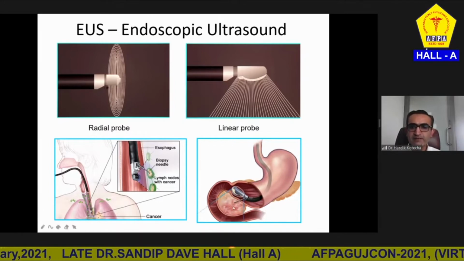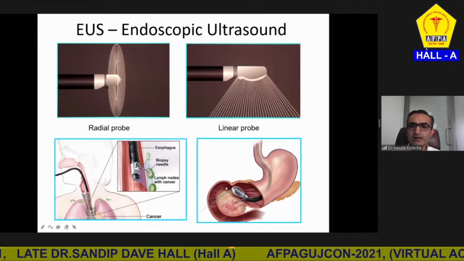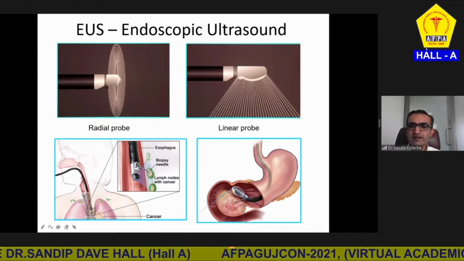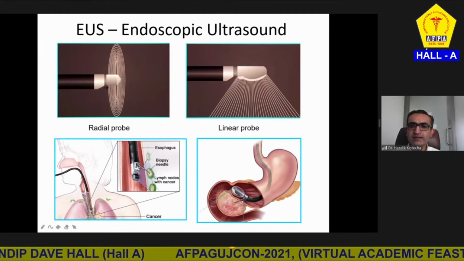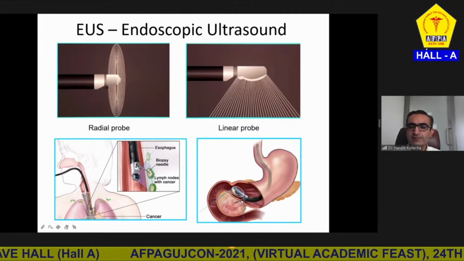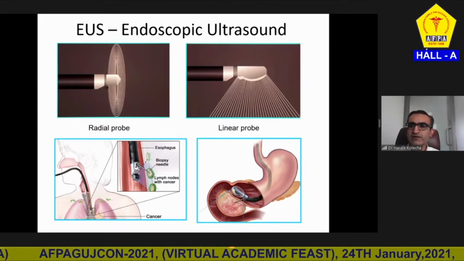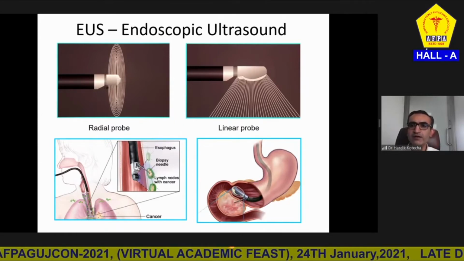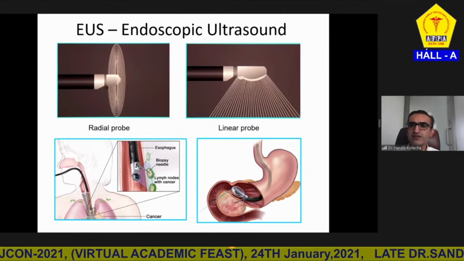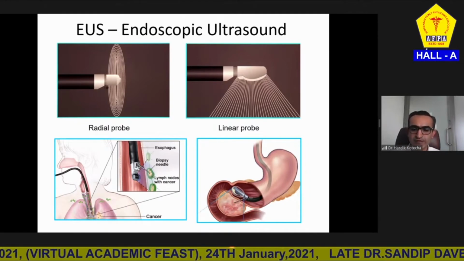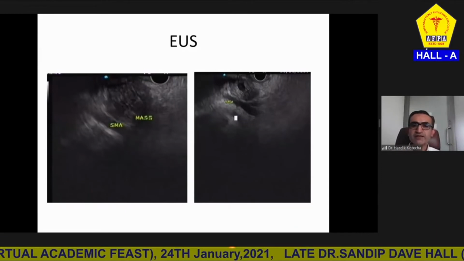So in this patient, if I put the scope in the antrum or the duodenal bulb, I can see the head of pancreas, I can pass a needle, take samples from the mass. And pancreas is an organ which is not easily accessible, either ultrasound guided or CT guided, because it is below and behind the stomach and very near to the spine, and there are a lot of vessels going around it. So we subjected the patient to EUS.